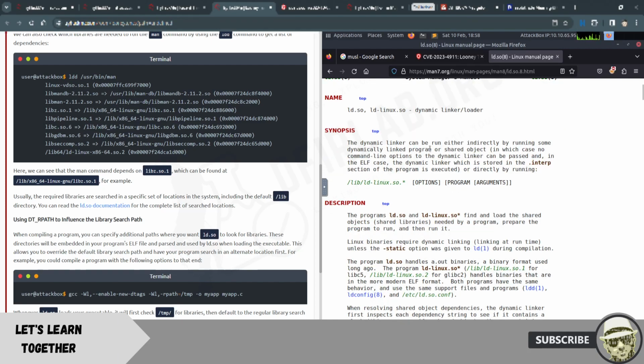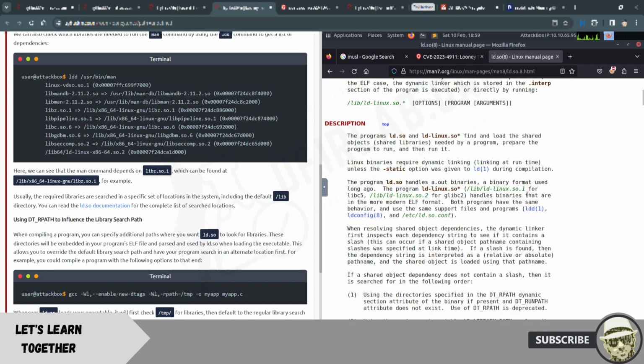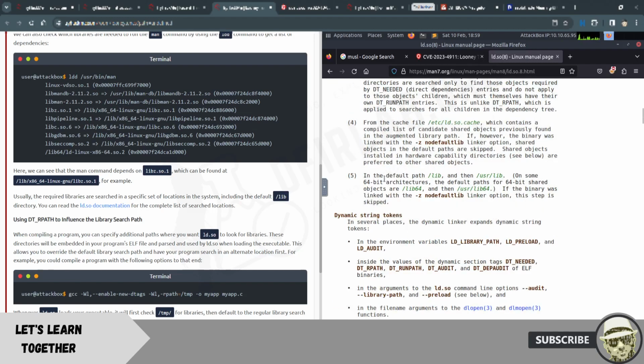It can be run indirectly by some dynamic library programs to find, load, and prepare shared libraries, using default paths /lib and /usr/lib. On some 64-bit architectures, the default path for shared objects is /lib64 or /usr/lib64. Okay,